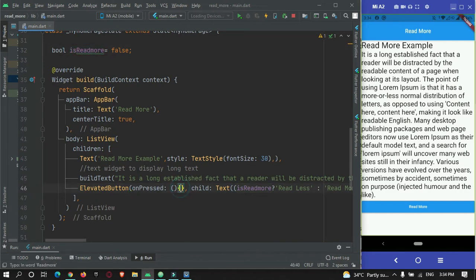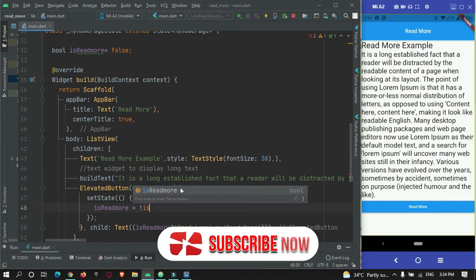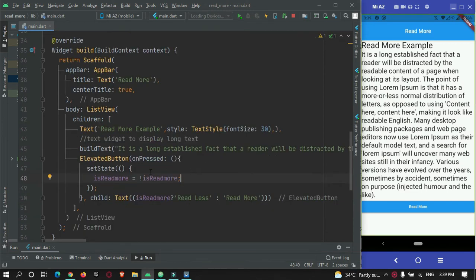So let's do it over here. setState, and inside this isReadMore is equal to the reverse of this boolean value. If the value of this boolean is false, it will become true, and if it is true, it will become false. It means when the button is pressed, if it was true, it will become false. If it was false, it will become true.